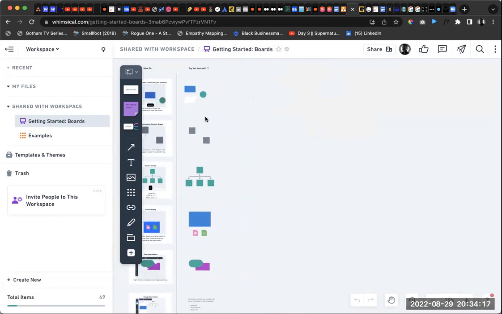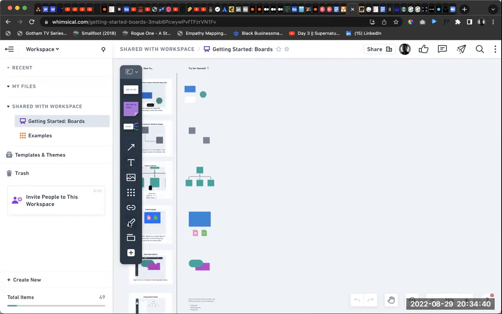Just like you saw in FigJam, you can create flows, you can use our flows, function architecture, you can brainstorm on this, you can draw diagrams. Everyone can do their own stuff here. You can draw your own, you can sketch out your own mobile view. You can do anything you want to do here. Basically, it's for collaboration and everybody can see their work. So that's basically the purpose of everything.